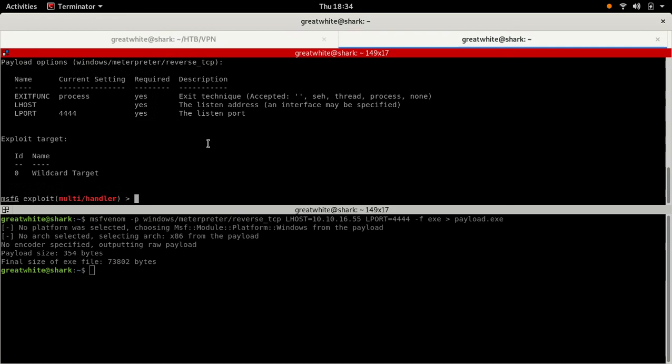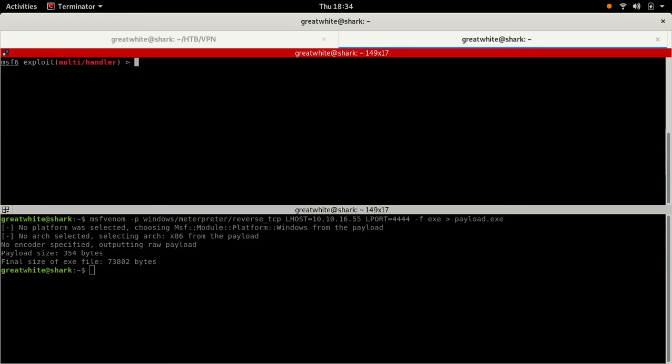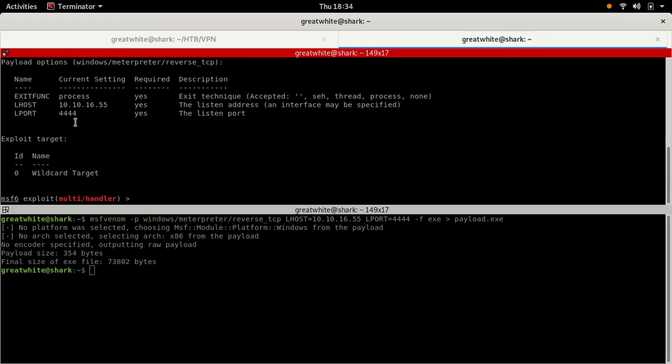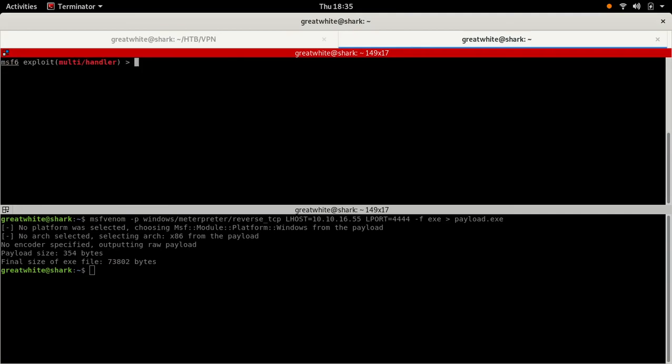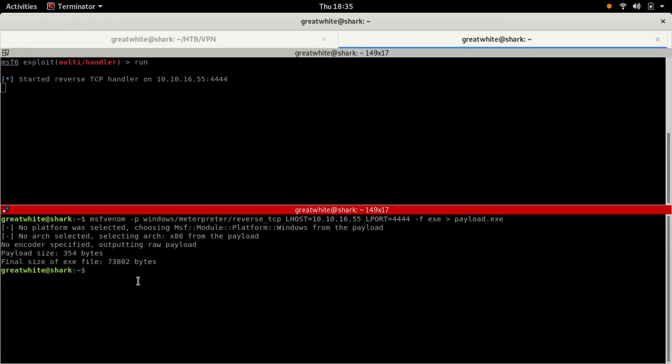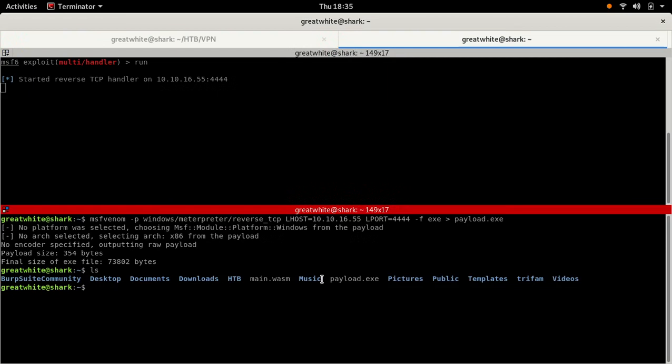And we need to set the LHOST, which is my IP or your IP, and this will be 10.10.16.55. And if we clear, we can run options. And what the multi-handler does is it waits for incoming connections. So if I clear and do run, it's going to say started reverse TCP handler on 10.10.16.55:4444. So now if I ls, there is a file on my computer called payload.exe, and I could get